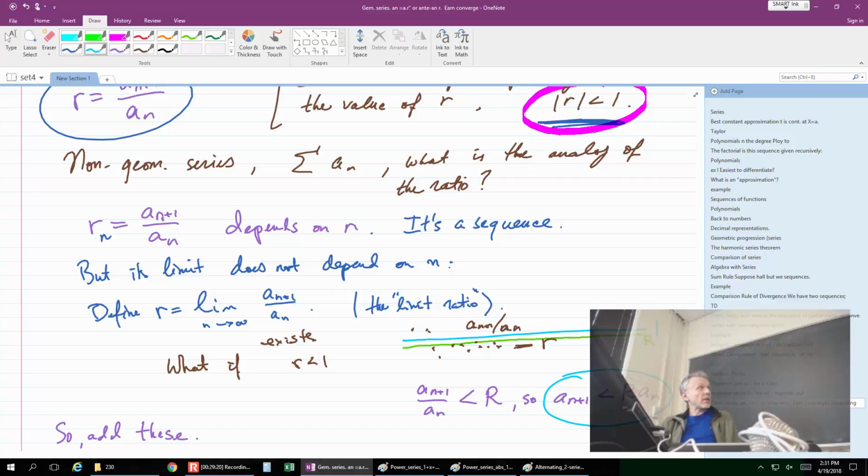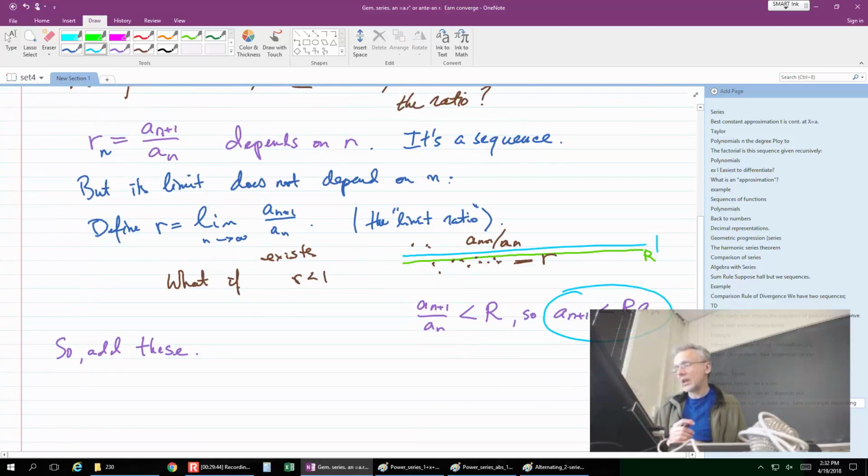So as you can see, R is less than 1, which means that every time we progress to the next step from a_n to a_{n+1}, we multiply by R capital, which is less than 1, bringing down our sequence at the rate of R uppercase. That is behavior almost exactly the same as that of a geometric series. And here's how you can discover what the end result is. It is less than R a_n.